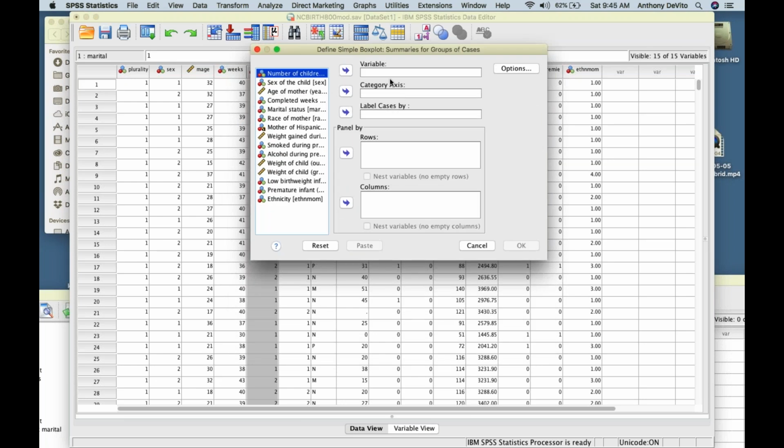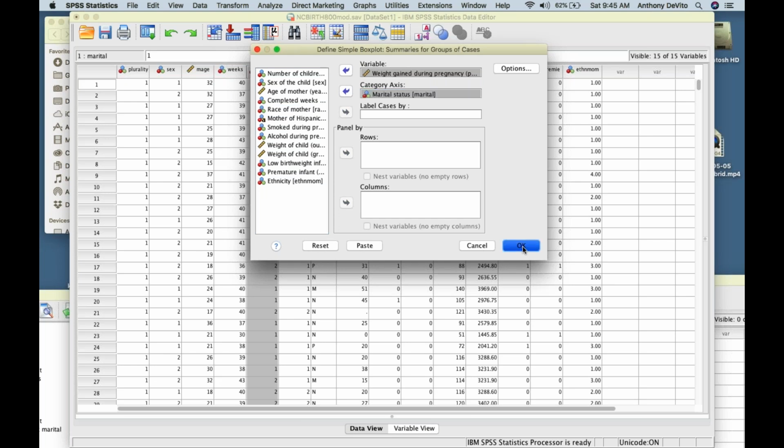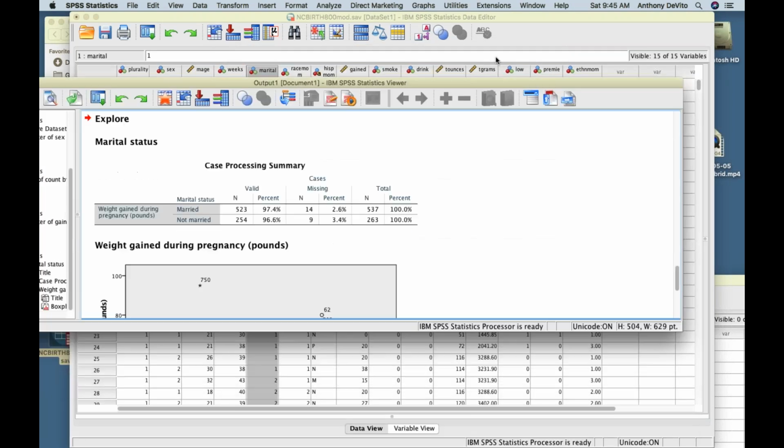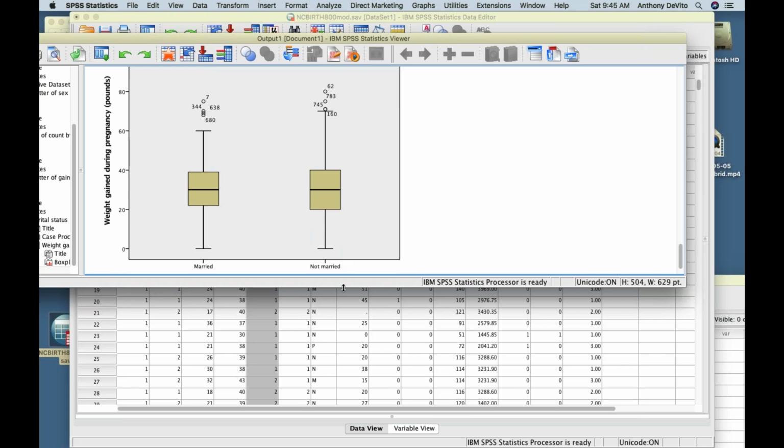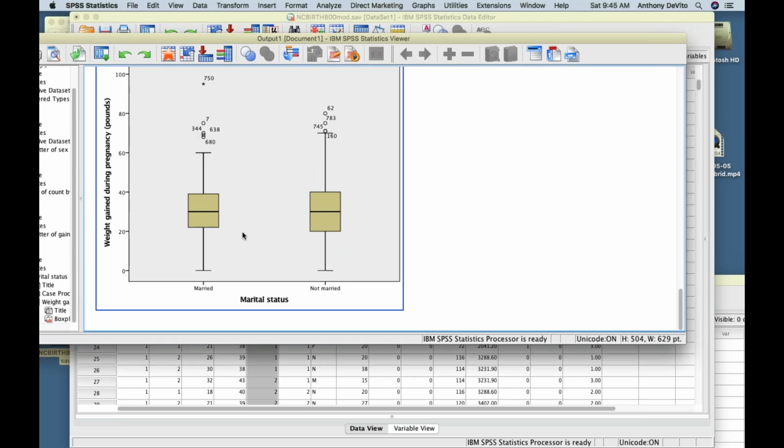Okay, so let's see. The variable that we're looking at is the numerical variable, the amount of weight gain during pregnancy, and the nominal variable is going to be the marital status of the mother. Okay, let's take a look at what that graph looks like. Okay, and here we go. Well, in fact, it gave us some results here, didn't it? We can see comparatively where the median is, what the 50th percentile, the interquartile range is, what the overall range is. If we have outliers here, one of those was